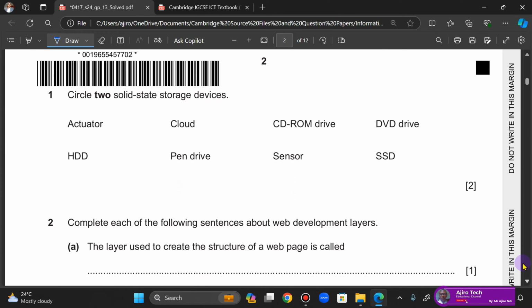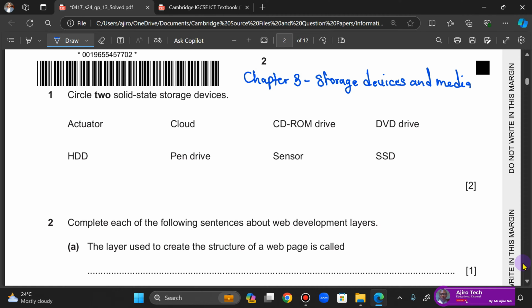All right. Question 1. Circle two solid state storage devices. Now, when we talk about the solid state devices, you see this in chapter 3, storage devices and media. That's where you see it. Storage devices and media, okay? Now, for the storage devices, we have what we call